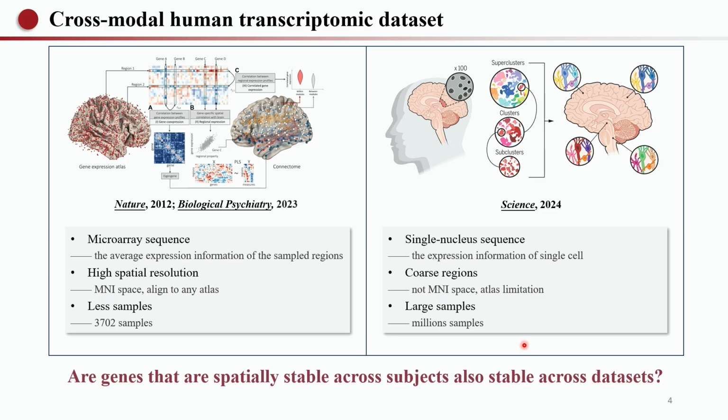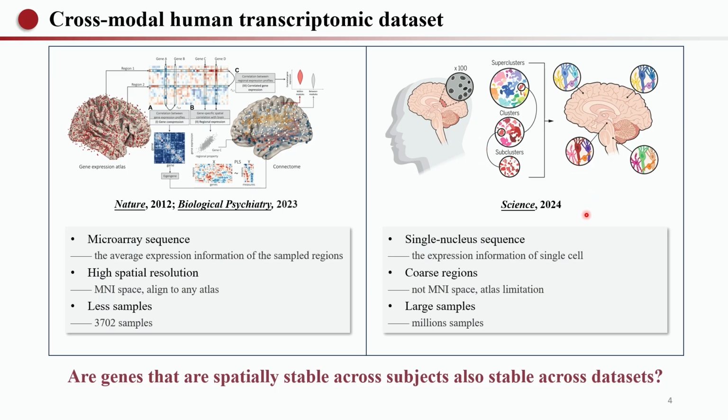However, so far, almost all imaging transcriptomics studies, including the calculation of the DS scores, have been based on the classical AHBA dataset. This dataset offers relatively high spatial sampling resolution and allows gene expression data to be mapped onto any brain atlas via MNI space, for example, using a toolbox like abagen. As a result, it has been widely used for studying spatial gene expression patterns.